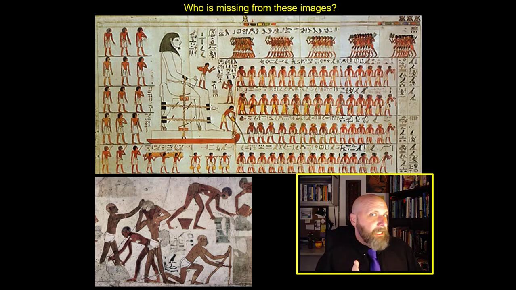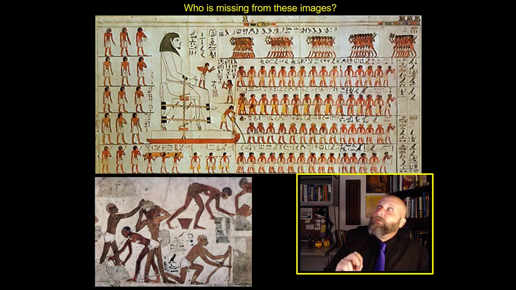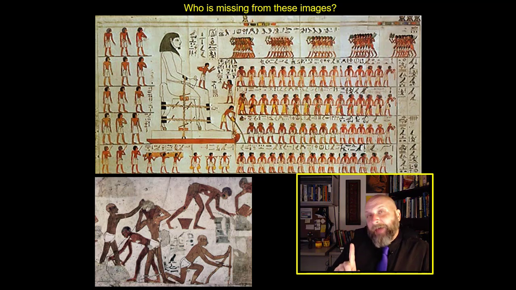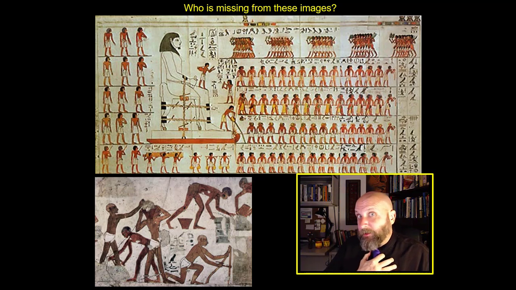And there's something missing from these images. I want you to look at these pictures very carefully. And these two are broadly representative. I'm not cherry picking a pair of images here, but I want you to look at these images. What one figure is missing? In fact, this one figure who's missing from these images, but in modern historical terms, we've included this figure in all of our drawings of Egyptian architecture and all of our drawings of Egyptian construction. But in Egyptian drawings of Egyptian construction, this one figure is absent. He's absent from all Egyptian art.